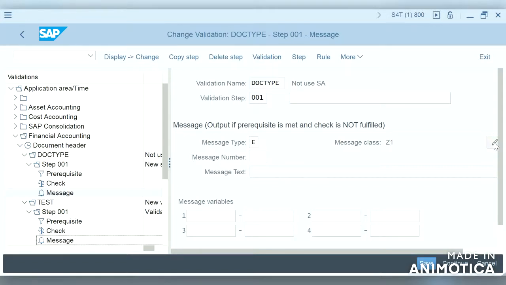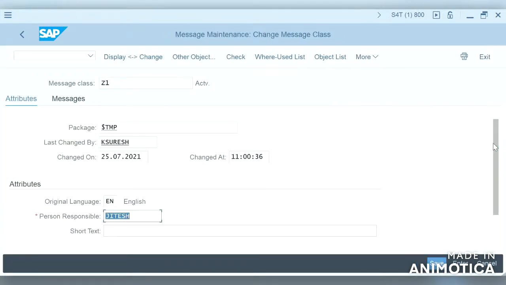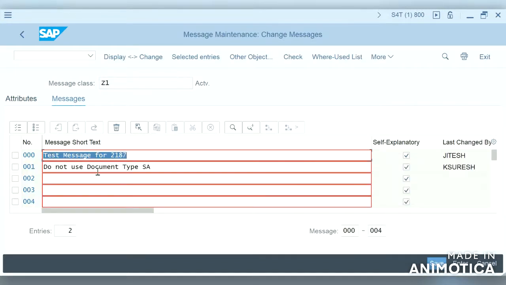Here we have to maintain the message. If we click on this and then on messages, we can see I have already created a message.